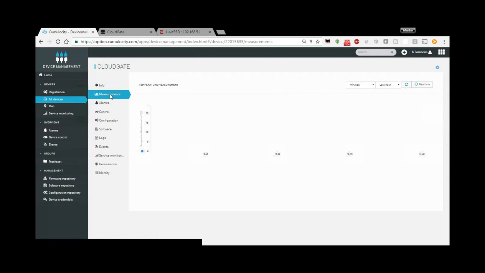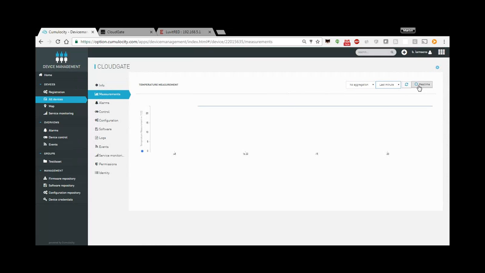Let's look at the measurements. So we should have a few measurements in now. I'm going to change this to no aggregation and the last minute. And we'll put that in real time, and you can see that we're starting to get some measurements coming through. If I wrap my hand around the temperature sensor, we wait for another, you can see it starting to go up there